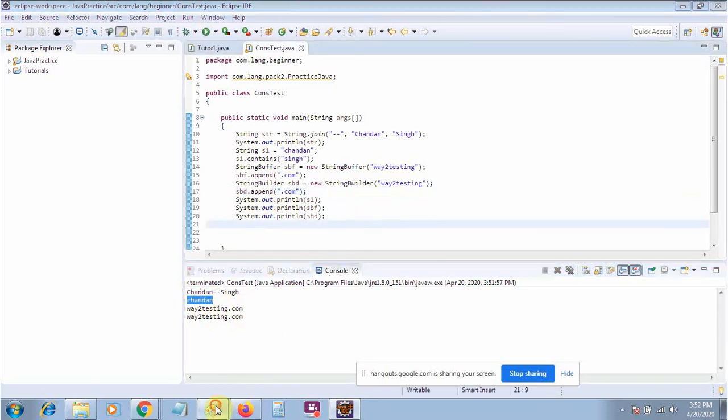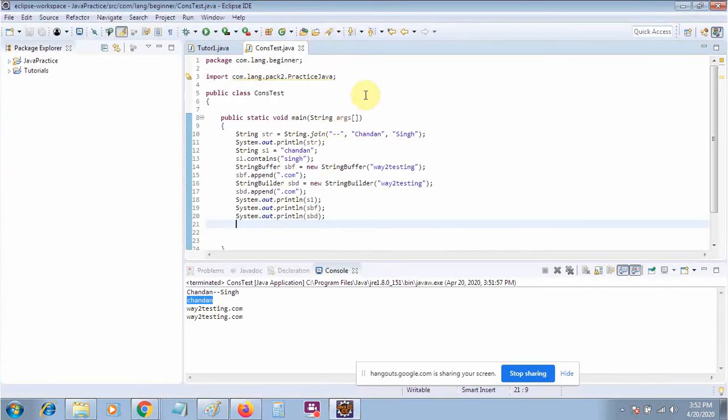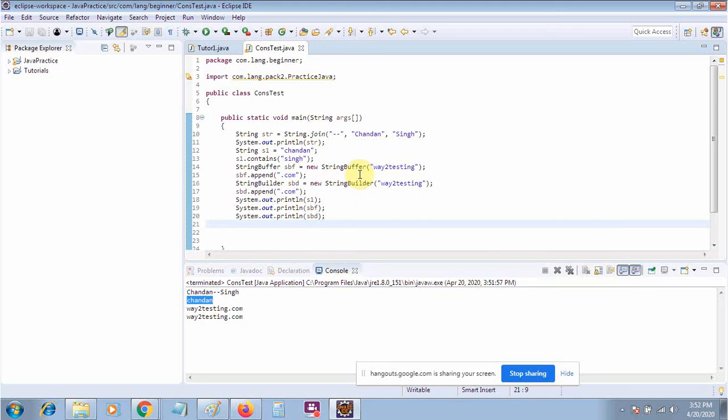Now the second point that I have discussed is slow and fast. So let's see this by an example. Always remember, in Java we get the time by the method currentTimeMillis to get the exact time of the system.